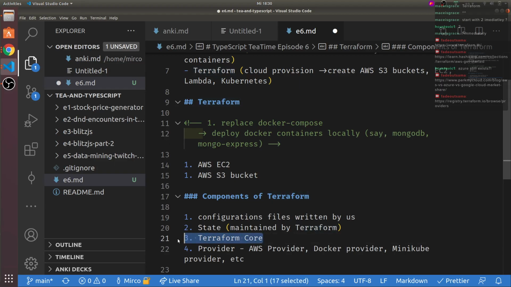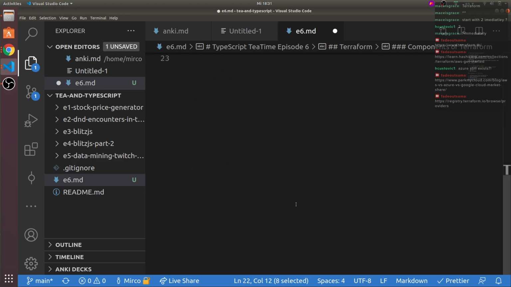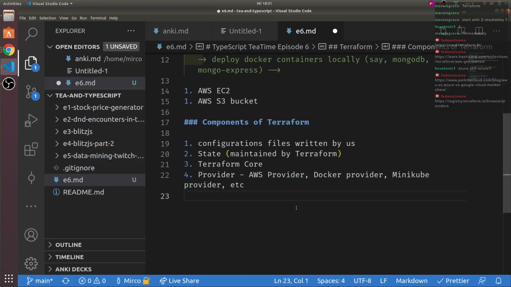It also takes care of dependencies, like service A has to be deployed first, then it has to create a gateway, and then it has to create, I don't know, some numbers and an S3 bucket. And it figures everything out and makes it as fast as possible, parallelizing as much as possible, which then feeds into the providers and they do the actual work. And then you wait a few seconds or minutes, depending on what you're doing. And voila.